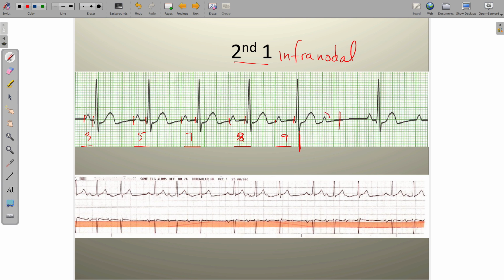We're going to allow the SA node to fire, and then we're going to let the AV node do absolutely nothing whatsoever. And look what happens here to the PR interval. It completely resets to what it was back over here. So essentially the heart's pretty smart. It likes to be on some sort of paced sequence,